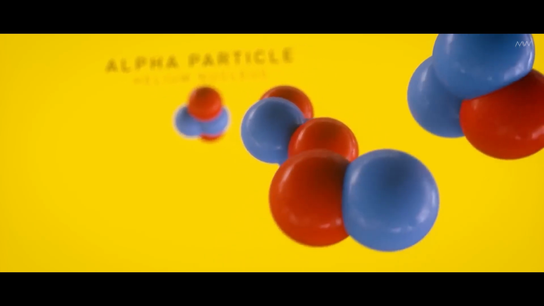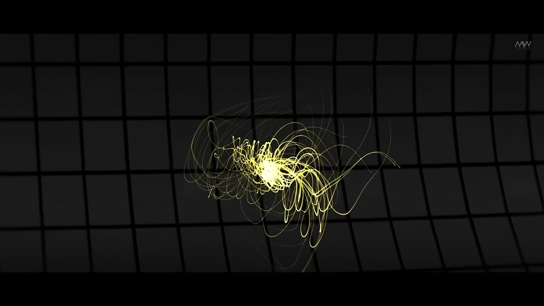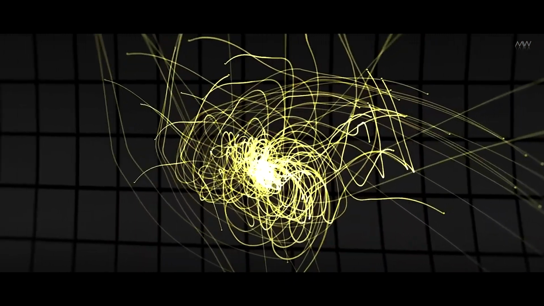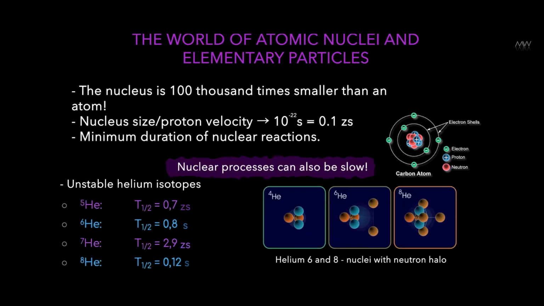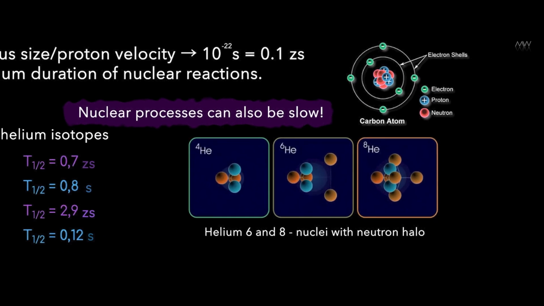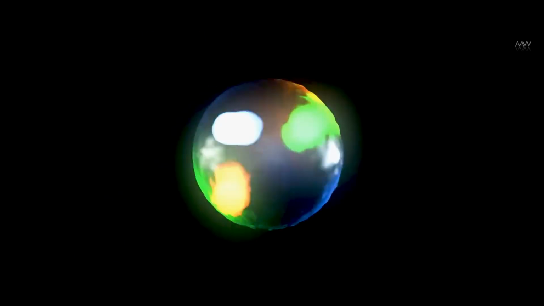Now, let's imagine that we start adding neutron after neutron to this alpha particle one by one. So we add just 1 neutron, we get helium-5. Helium-5 decays instantly, in less than a zeptosecond. That's the typical nuclear time. This alpha particle just can't coexist with a neutron, they fall apart immediately. But if you add two neutrons, then the alpha particle says, well guys, okay, sit next to each other, and you get a neutron shell around this alpha particle.